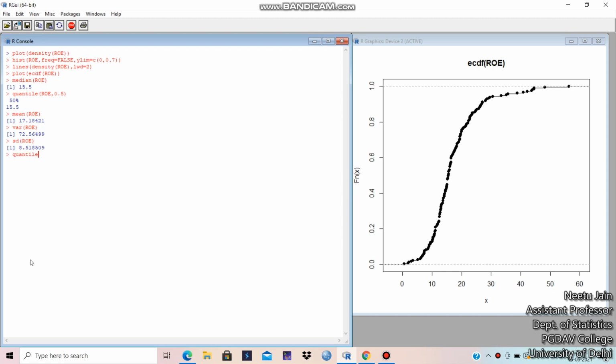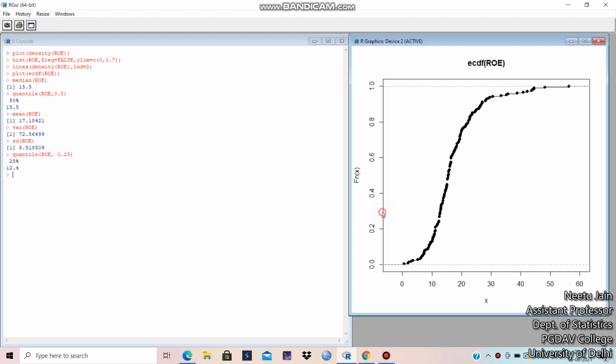If you want to compute the first quantile, ROE, the variable name, and 0.5 for the median and 0.25 for the first quantile. You can see 0.25 here somewhere. If we draw a line here, it will be approximately 12.4. And you can check now the third quantile.